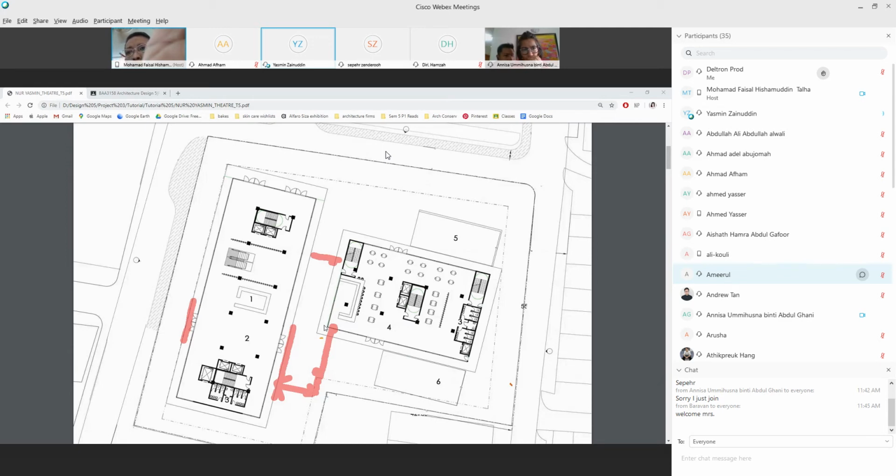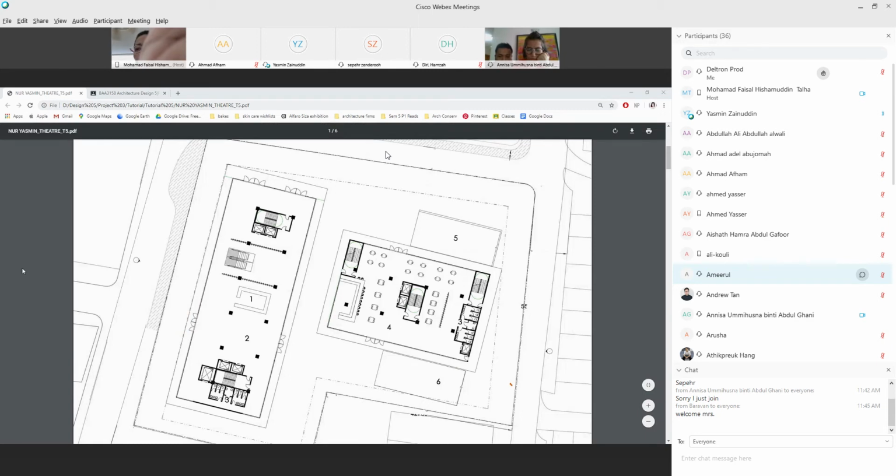Since so that means there's a column here. Column here. Ada column sini, column sini. Column sana.